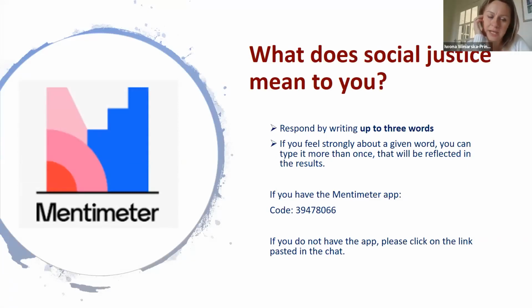Yes, thank you, Weronika. So I've posted to the chat a link to Mentimeter. Please let me know if it works, if it seems to open up. It should take you to a slide with the question, what does social justice mean to you? Three words. It could be one word typed in 3 times if you believe this is the one. It could be 3 different words, and we will share the slide results with you in the form of a word cloud in a minute. I'll be quiet for a moment and let you answer.